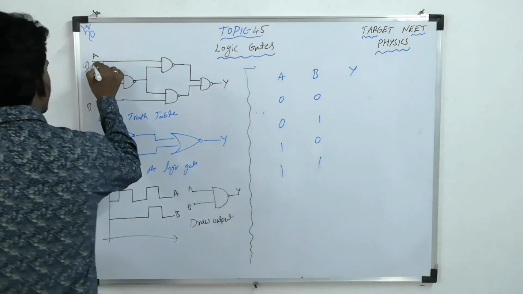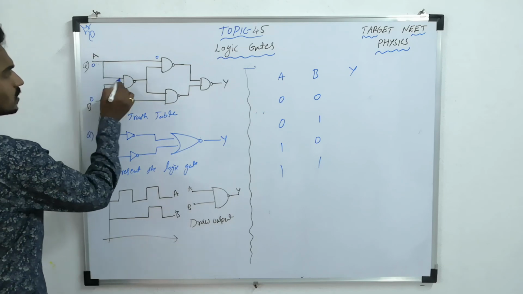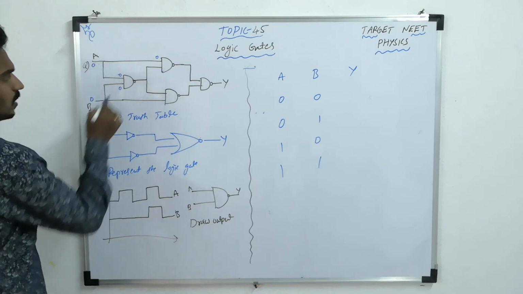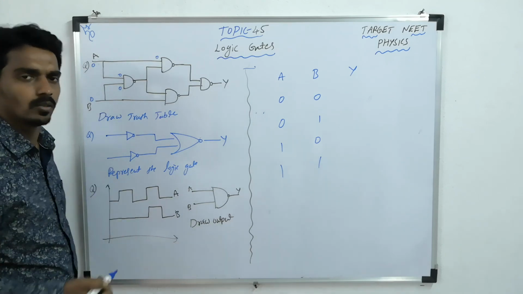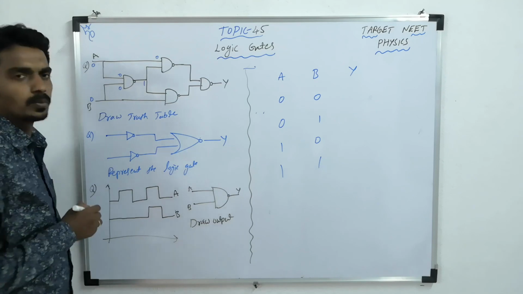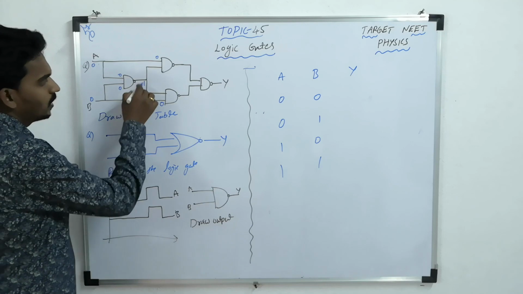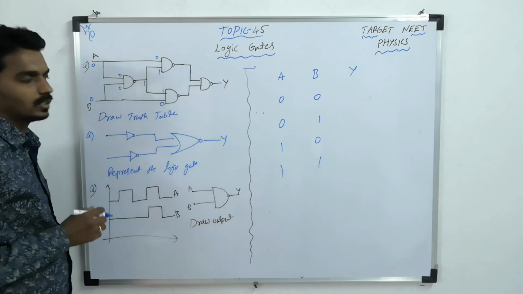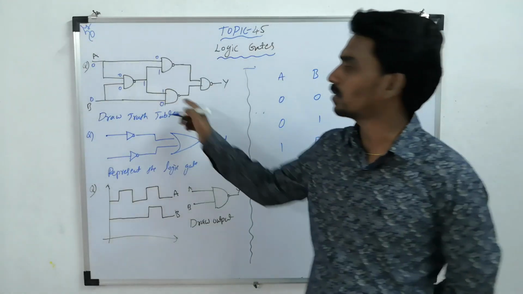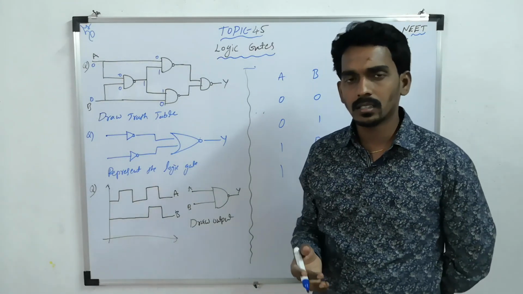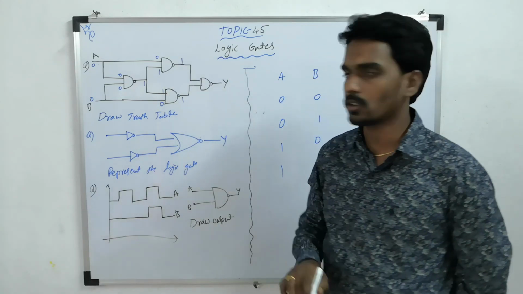If you take 0 0 first, here 0 will go directly, here 0, here 0. So for 0 0, this is a NAND gate. AND gate means 0 0 gives 0. NAND gate means 0 0 gives output 1. And here we have connected to B, so here 0 will come. Here 1 is coming, here 0. Now for 0 1 or 1 0, again a NAND gate. These two are also NAND gates. For AND gate 0, for NAND gate 1. So this output is also 1, this output is also 1.